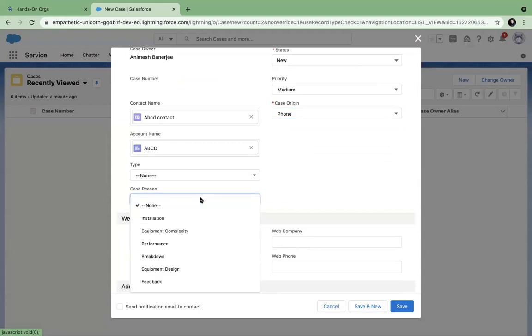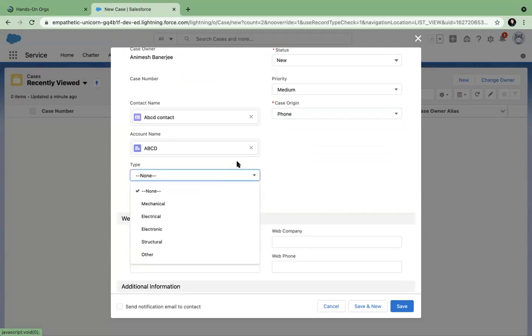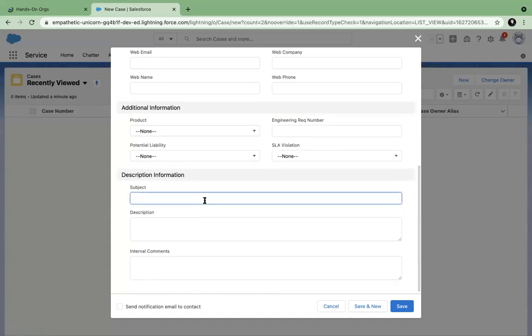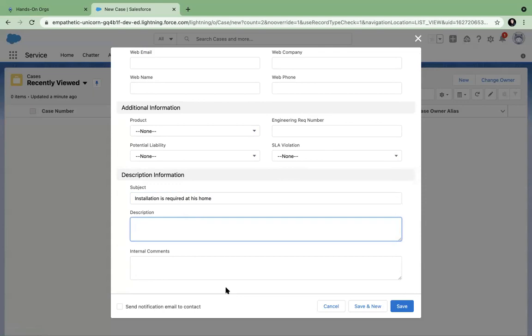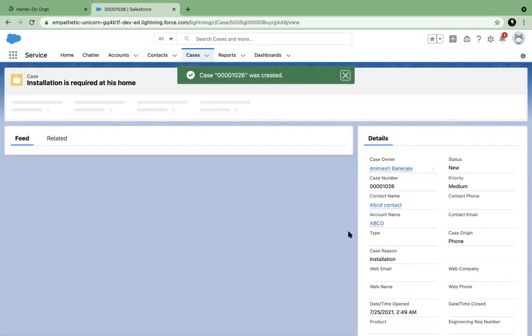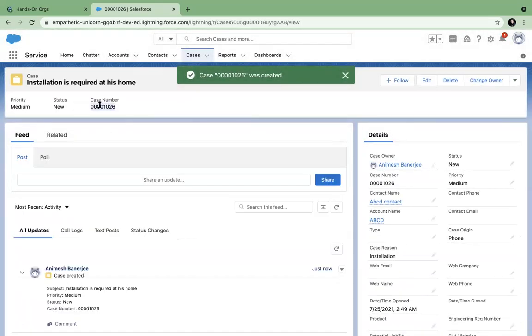And what is the case reason? Maybe an installation request. Maybe he needs installation or mechanical or any structural changes. And then you say installation is required at his home. I can send a notification to the contact that your case has been created. That is sending the ticket. Instantly you see a case number is created.